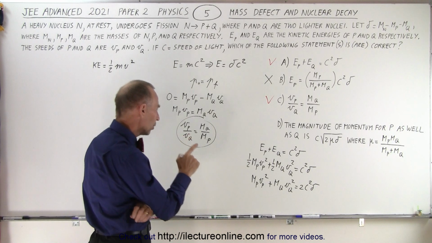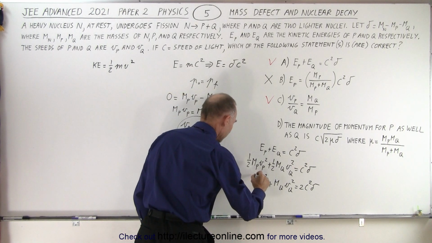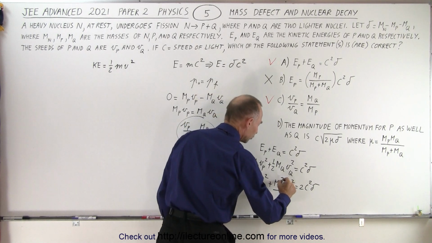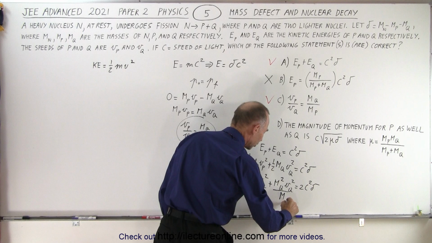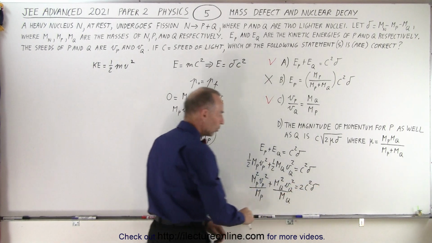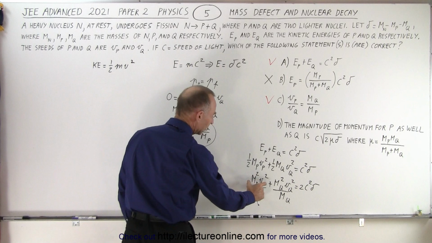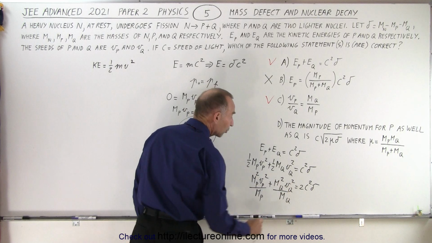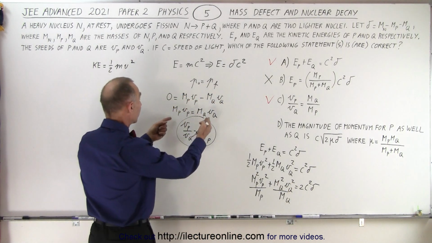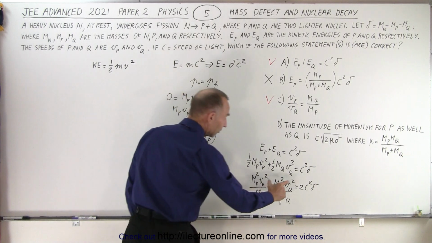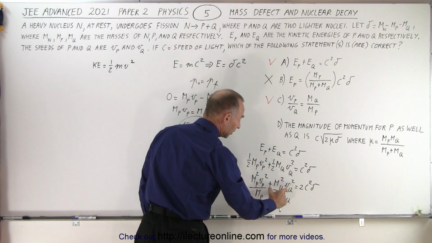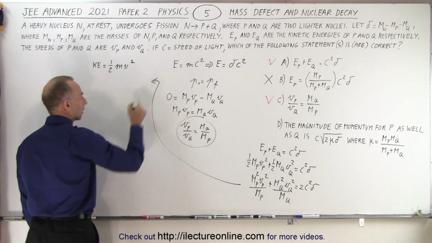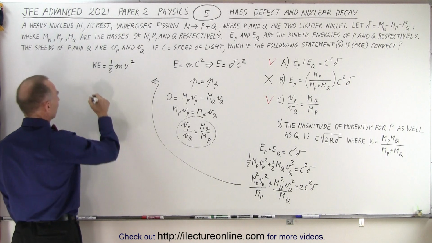If I now multiply this one by mp, make it mp squared, and divide by mp, and I multiply this one by mq, so it becomes mq squared and divide by mq. Nothing has changed, it's still equal to 2c squared delta, but now notice in the numerator I have the momentum of p squared, and here I have the momentum of q squared, and we already know that the momentum by definition must be equal to each other. So I can replace this by the momentum of p squared, and so what I have now is, if I come over here and continue,